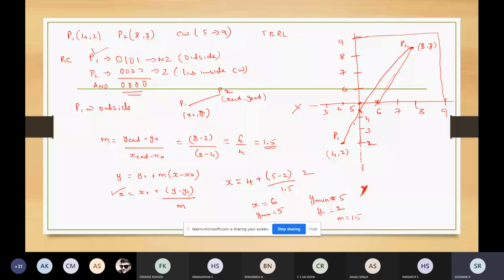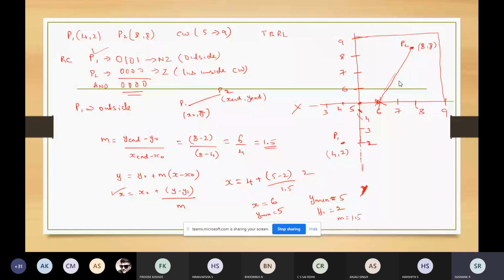For that line again, you have to calculate the slope and these equations, and at that time you will get this point with 5 comma 6. This will be your actual line within the clipping window, and this line will be available. This will be your new line. So this is regarding Cohen-Sutherland's line clipping, where you use the slope of the line equation to calculate the value of x and y.